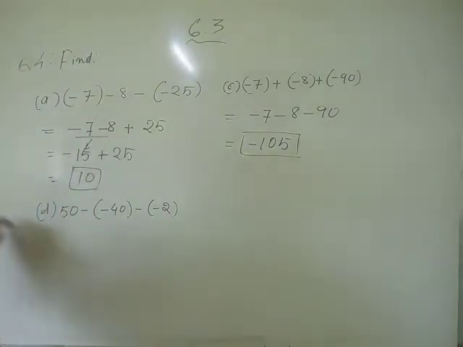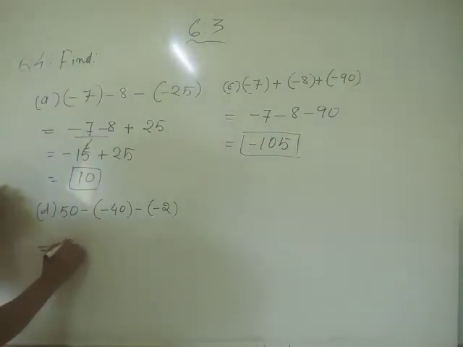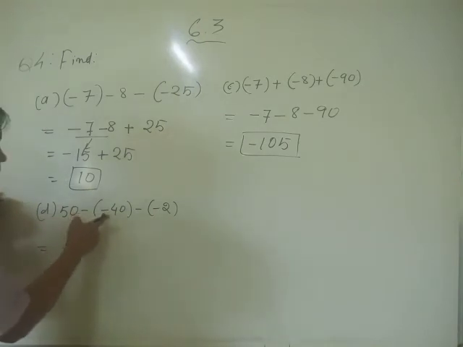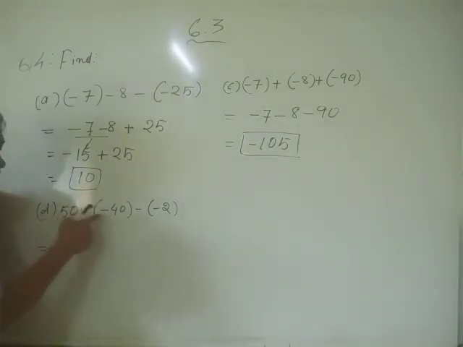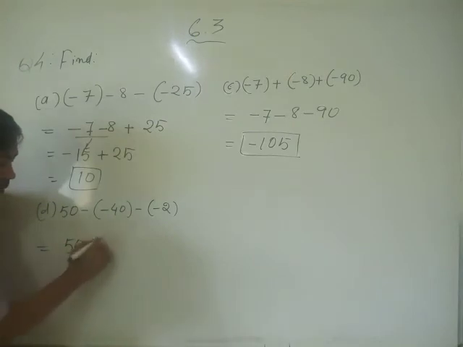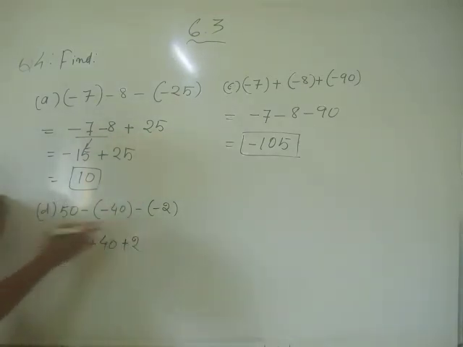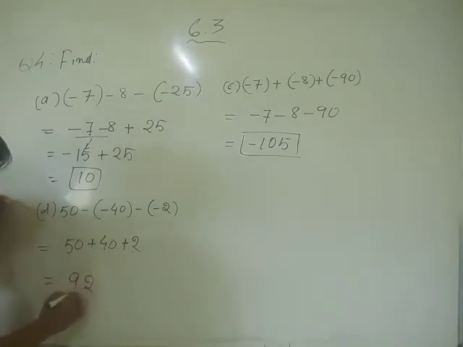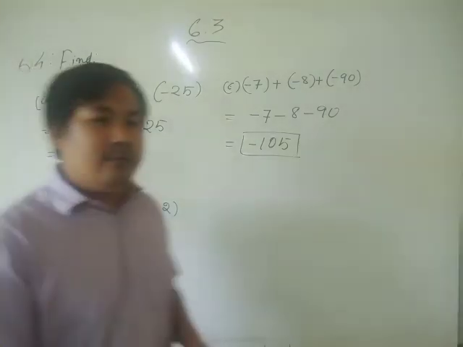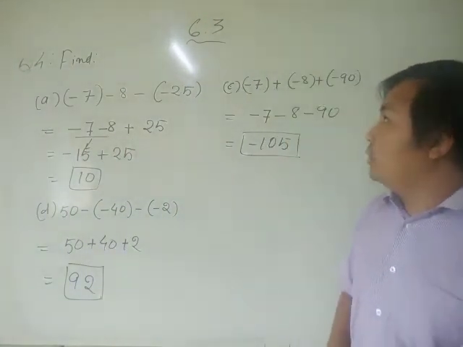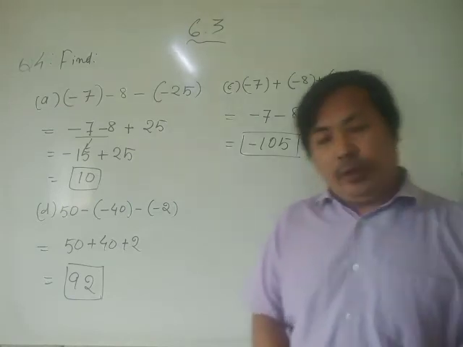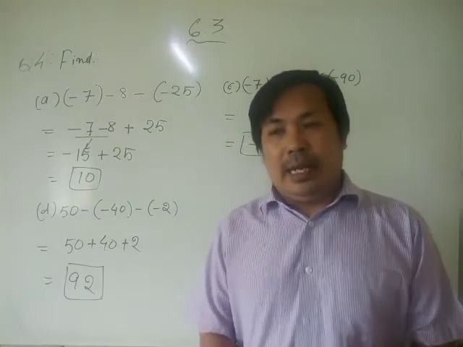Yes. Next, minus 12. Next, we have 50. Here you see, here also minus, here also minus. So in this case, you have to make plus. Plus 40. Open the bracket. Here also you see minus minus plus. Then all are plus. Add 50 plus 40, 90, 92 we get here. Plus sign is not used. So 92 is the answer. So here is the solution of exercise 6.3, question number 4, and with this we have completed our chapter